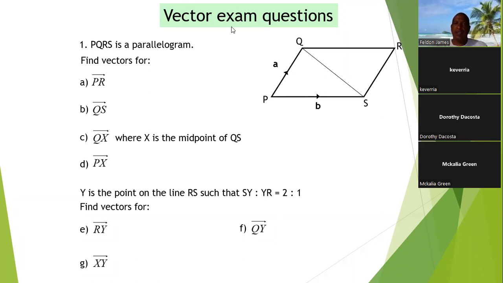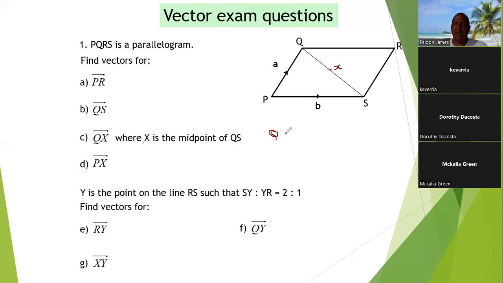So we were saying now that we are trying to find QX, where X is the midpoint of QS. So first we need to identify the midpoint of QS. So that would be the point where X is. Now, we know that the midpoint of QS would be half of QS. But we know that in terms of A and B, we see that